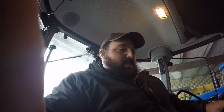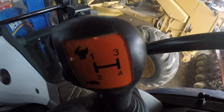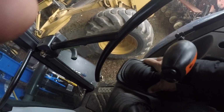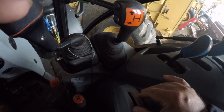But like I was saying, somebody was asking me about this dual command transmission, and I showed you, you got 3 ranges down here, and then you got 4 gears up here, which you shift, and you can shift it by clutching and shift it like, you know, this is just a standard manual transmission. And look at this, I mean, brand new tractor, and this thing will not stay on this gear shift. No matter what I do, this little cover will not stay on there. But anyway,